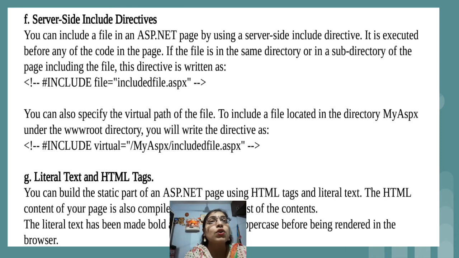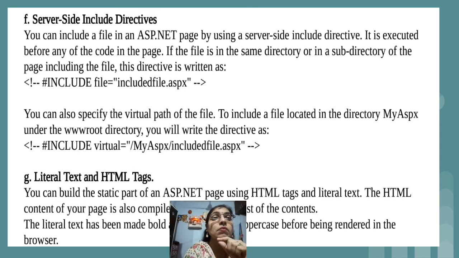We have two parameters for hash include. In the first example we have used file. Suppose a particular file is present in your folder that you want to include as a part of your project; in that situation you can make use of the file parameter. There is one more parameter, that is virtual, which is used when the particular .aspx file is not present in your folder, but you know the path or the location where it is present. If you want to provide the path or location, you can make use of the virtual parameter.